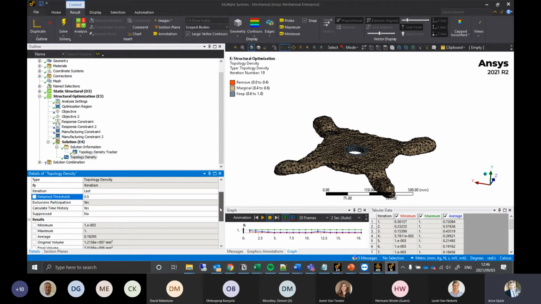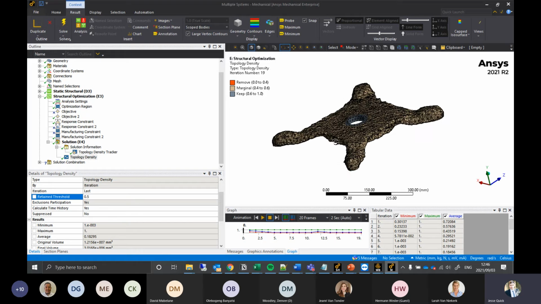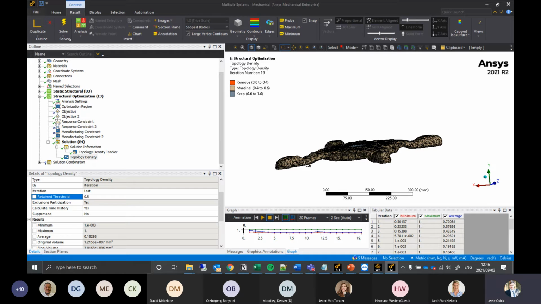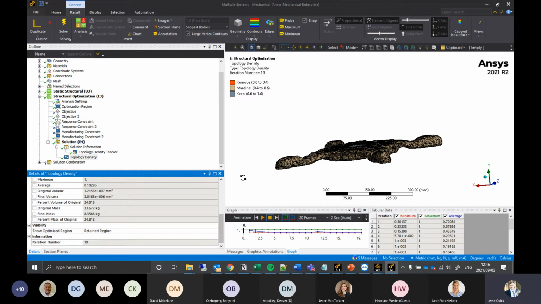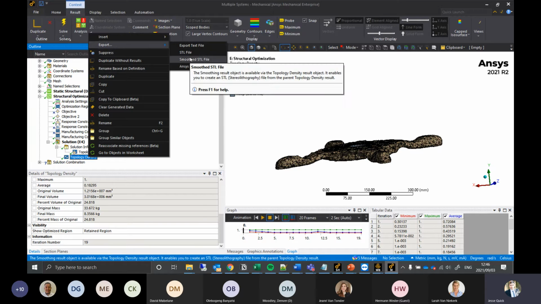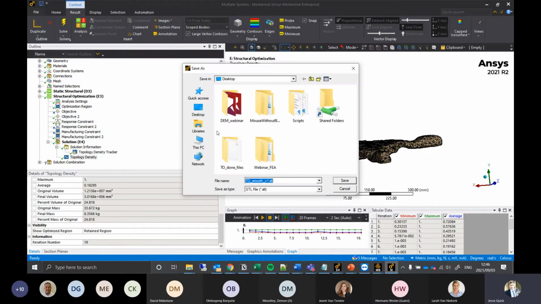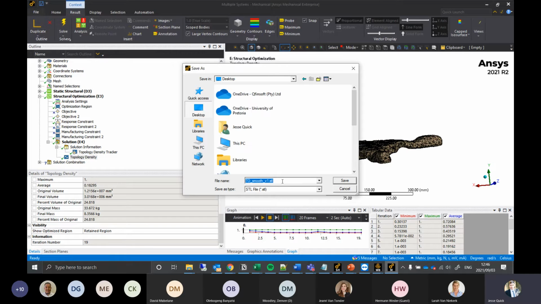Then what we would typically do is, we can't just use this result. Okay, we've got our picture of what our optimized geometry looks like somewhat. But now we can't actually go and use this for anything until we do a little bit of post-processing on it. So the way that we go about doing this is we would go over here to topology density, right click, and then we can say export as an STL or as a smoothed STL file. So let me go and export as an STL, and I'll just stick it on the desktop and say